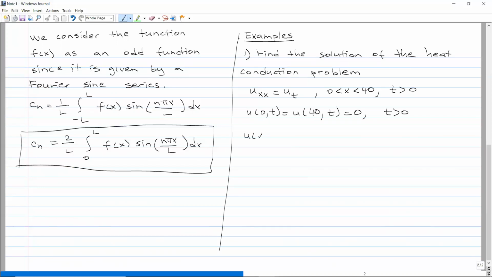And the initial condition at time t equals 0, the heat distribution is given by the function defined to be x if x is between 0 and 20, and 40 minus x if x is between 20 and 40. Okay, so of course, if you just take this question, you need to do all the steps we did in